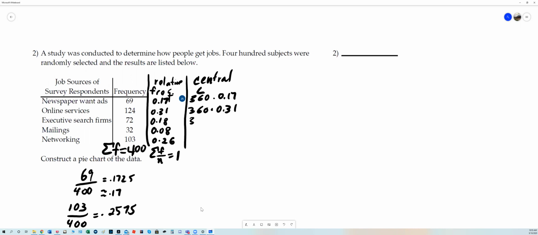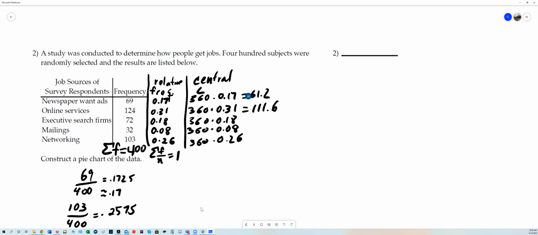And 360 and multiply it by 0.18, and 360 times 0.08, and then you take 360 and multiply by 0.26. Each of those is going to give you an angle. For instance, 360 times 0.17 gives me 61.2. 360 times 0.31 gives me